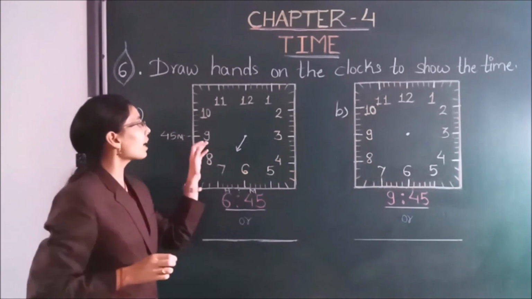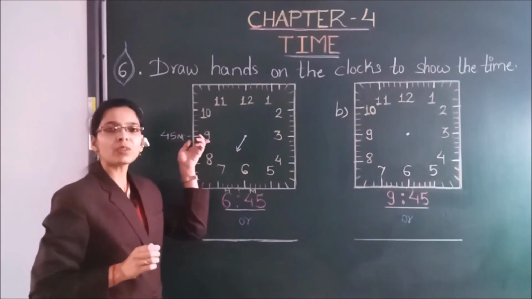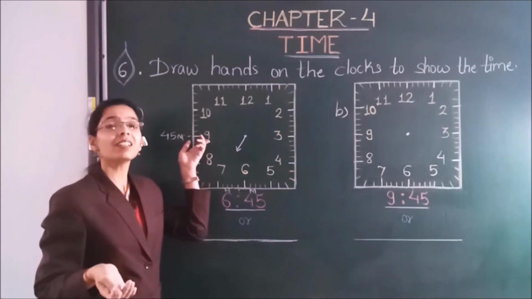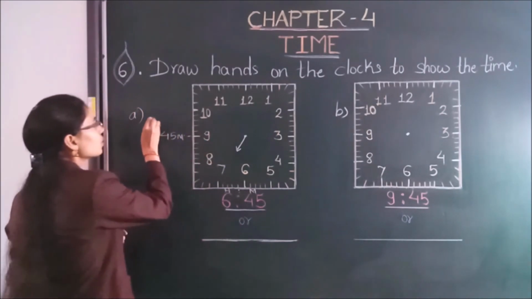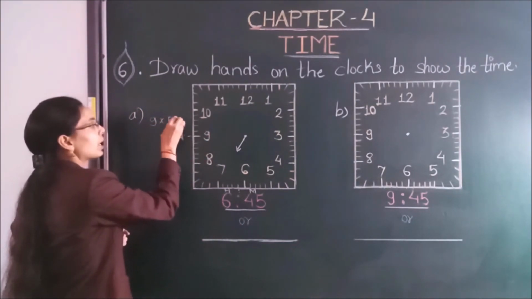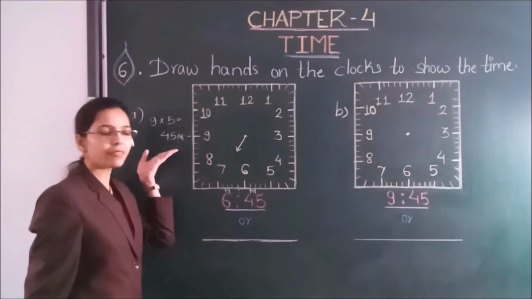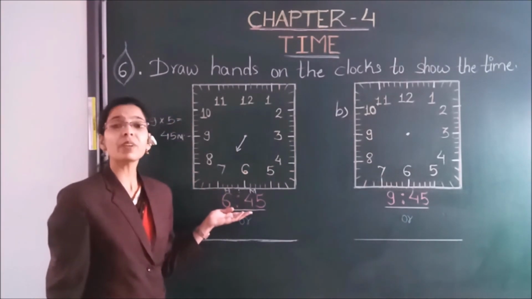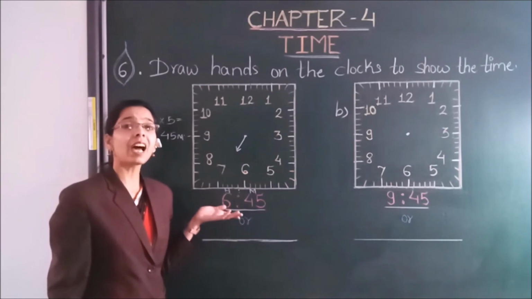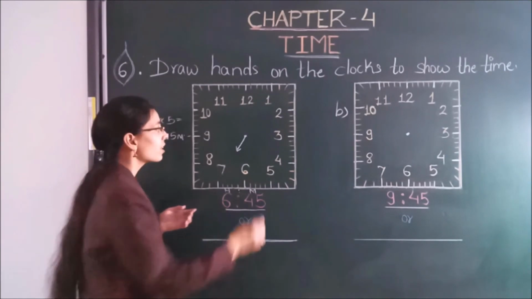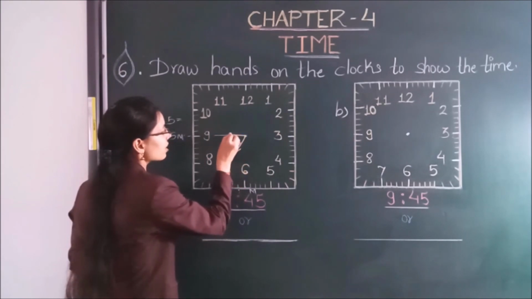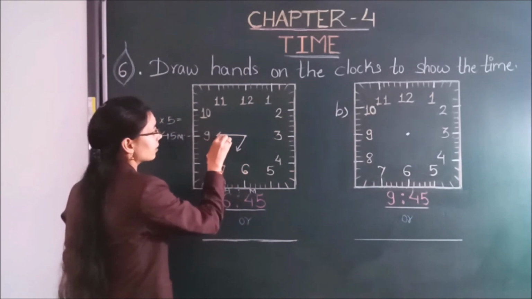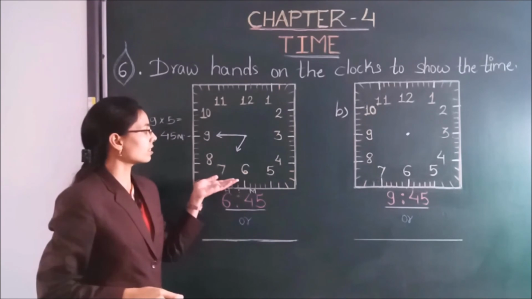Okay, why? Because how do we calculate the minutes? By multiplying the number by 5. Which number is here? 9. So 9 multiplied by 5 is equal to 45. So where we have to draw our longer hand, that is the minute hand. Okay, here it is pointing to 9. Okay, so this is our